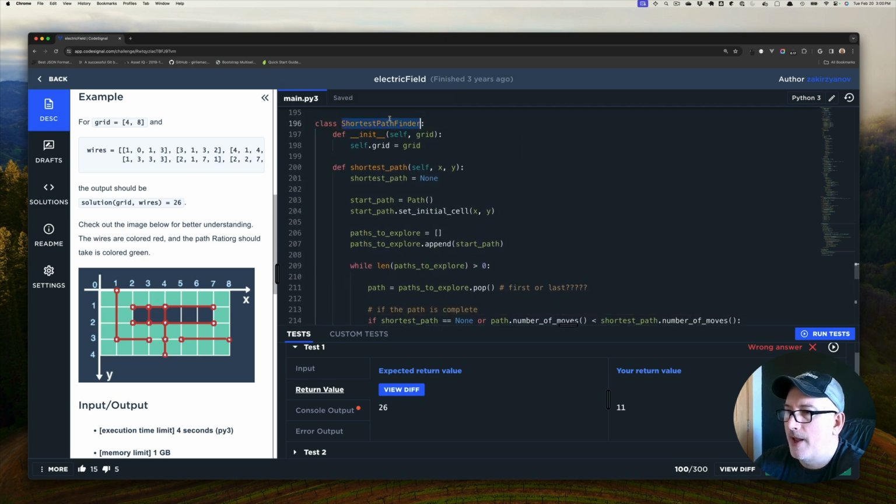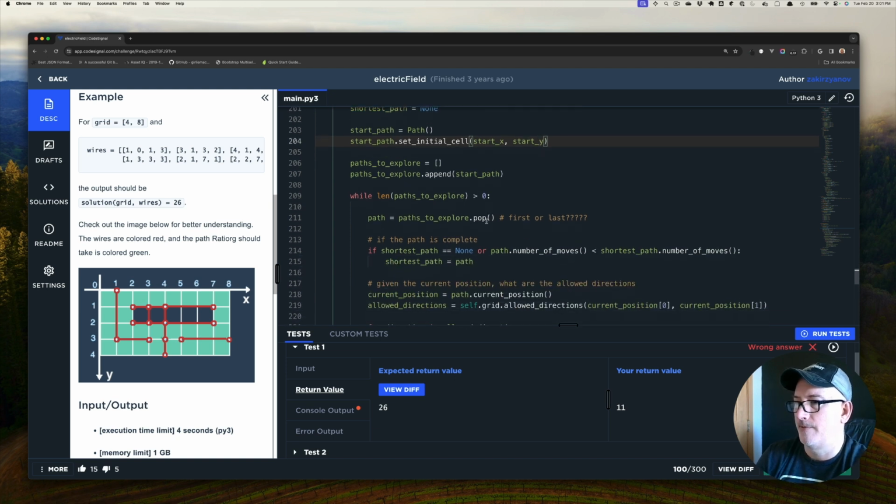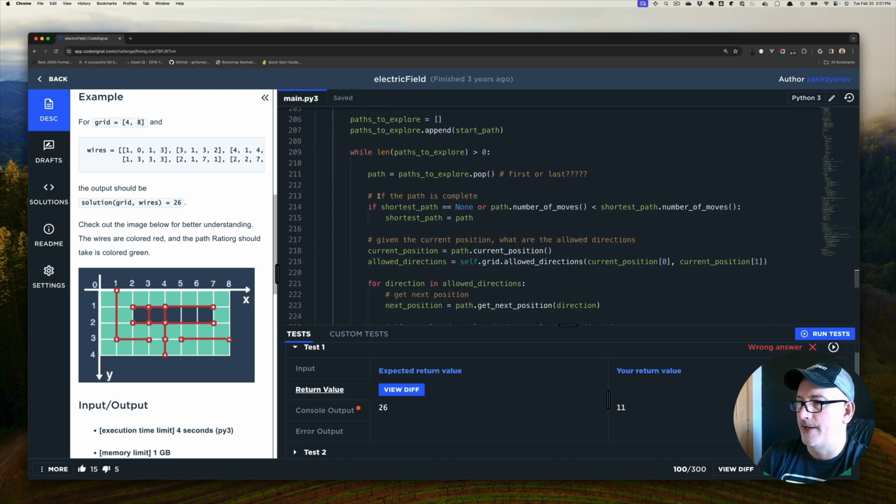And right now, the shortest path, we're saying from this position, and I think that's what we have to do: this is the start X and the start Y. And I think I need to feed in the end X. So where's the finish line? And the end Y. And so now this is going to be start X and start Y. I think that's the only place I use that here. But now I can say